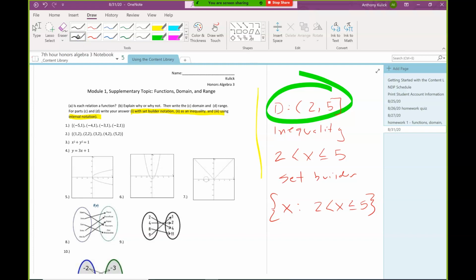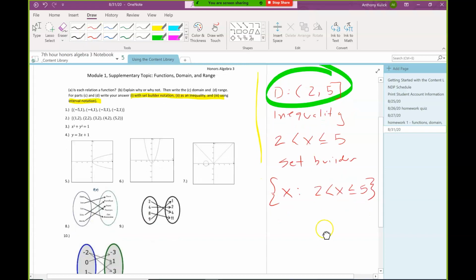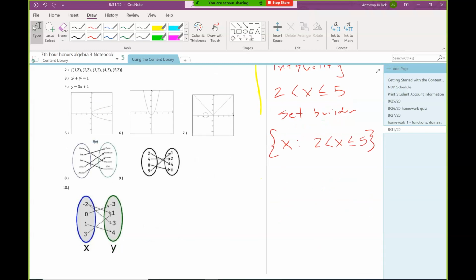Zach, yeah. Okay. So for like number 10 where it's a finite set, there would be no interval or inequality, and the set would just be x colon and then we list the numbers. Or you could just write no x colon, you could just list the numbers. You have to put them in parentheses or just list them? You could just list them. So just like